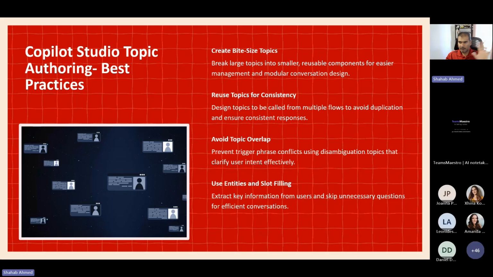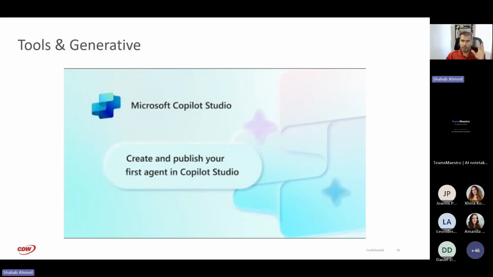So these practices as a whole ensure that your agents are more robust, more user friendly, and more responsive and effective, right? They're getting the users to the outcome that they need as quickly as possible. You don't want to frustrate them through it. We won't be talking about handoffs, but if that's the case, then we can do those handoffs for you. So let's go into the tools piece, and then we'll talk about those generative elements also.